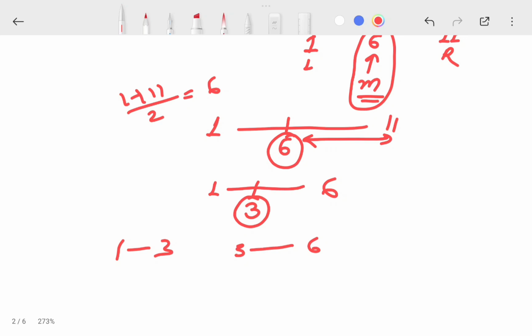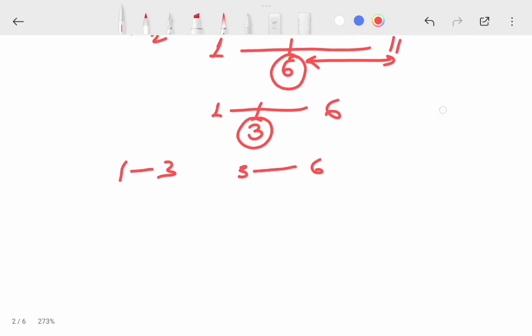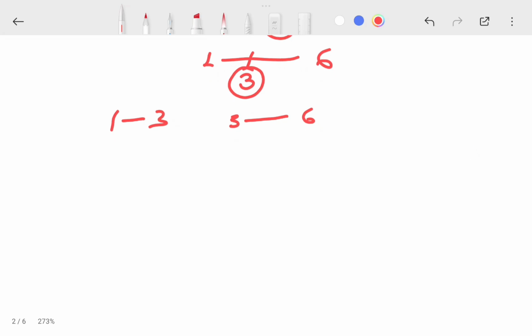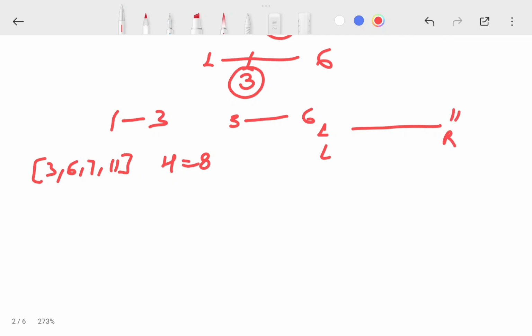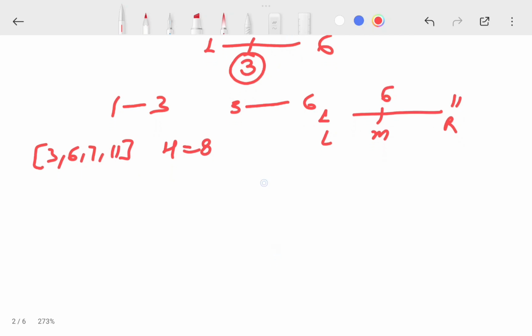Now let's come to the very short dry run. Let's show you this with a concrete example. Suppose we are taking the same example 3, 6, 7 and 11 with h equal to 8. Now left is 1 and right is 11, that is the maximum pile, and mid will be 6. Then I will check if she eats 6 bananas per hour, then in this array she